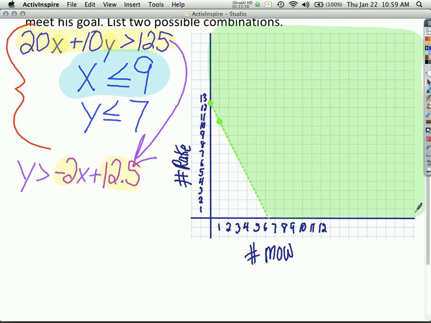So this is the response I get from most of my classes. And so we have to reach back to something you learned that we didn't spend a lot of time on, but you're supposed to know. X equals negative 3, x equals 4, x equals 1/2, x equals 1,000. These will all look the same. What will they all look like?